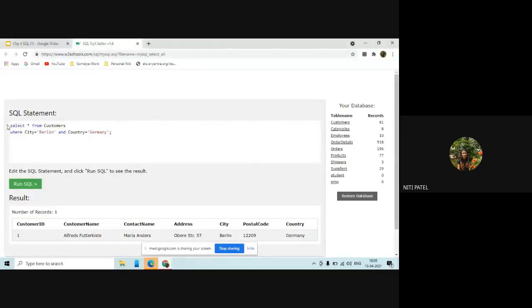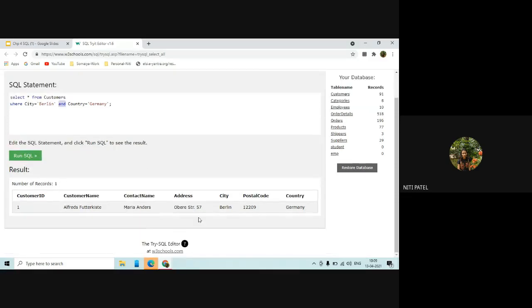See, so when I say select star from customers where city is equal to Berlin and country equal to Germany, what I have done is I have combined the two conditions. Which two? The combination of city and country. So how do you combine? You combine by using the logical connective called AND.